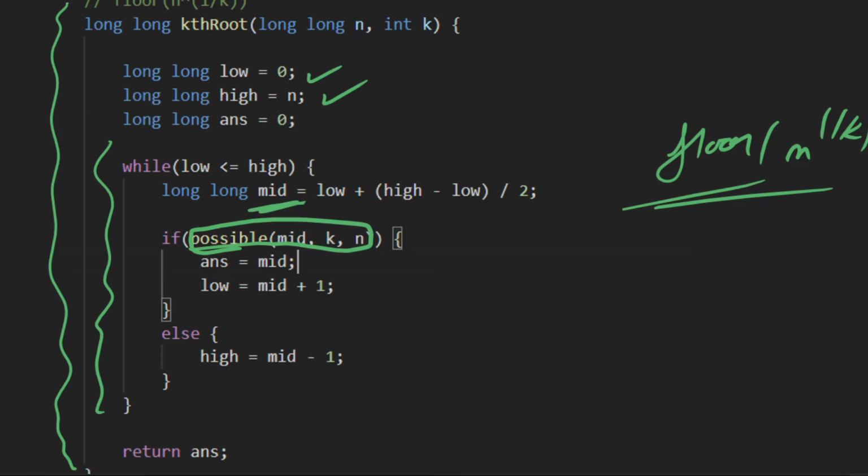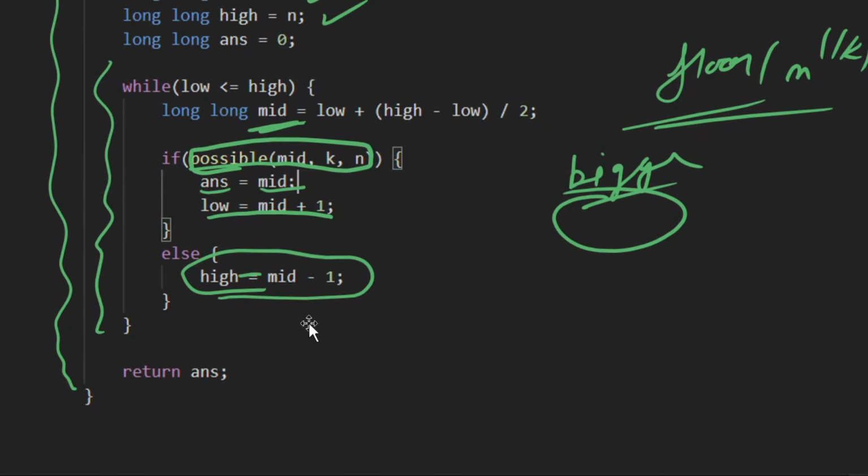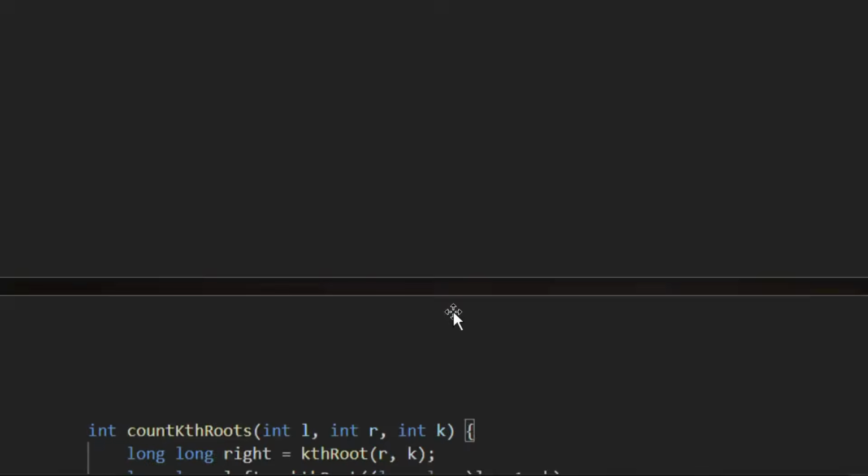If mid is a valid root, then we declare our answer is equal to mid, and then we make low equal to mid plus 1, as we try to find a bigger answer. But if mid is not a valid root, then we try to find a smaller valid root than mid, right? So this will give us the value of floor of n to the power 1 by k, right?